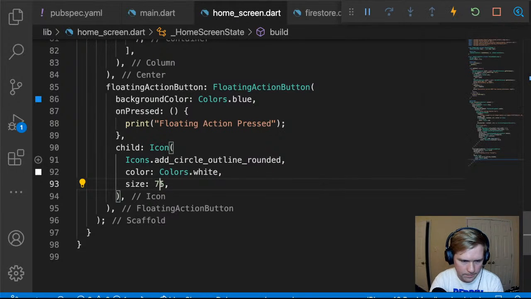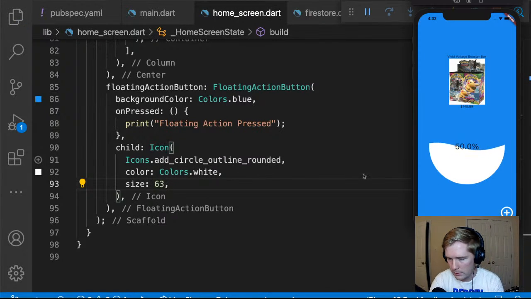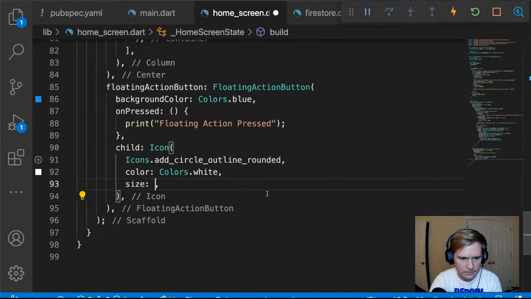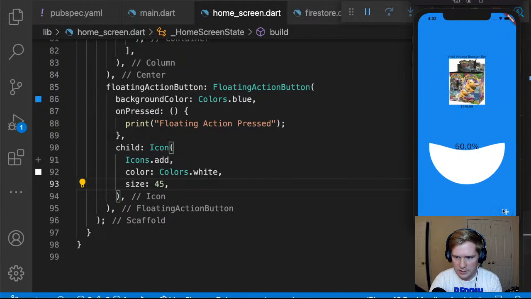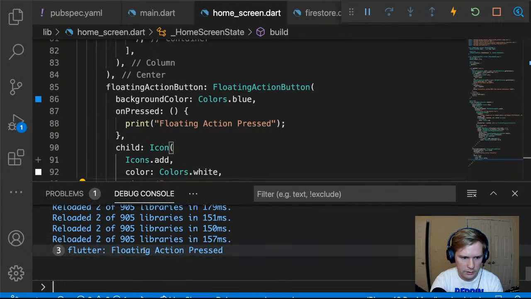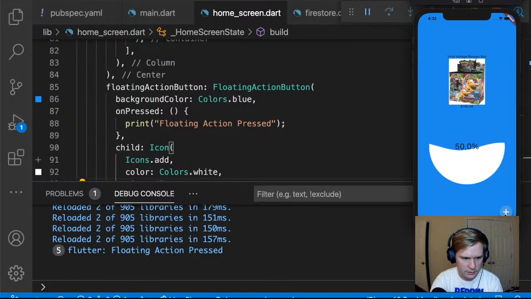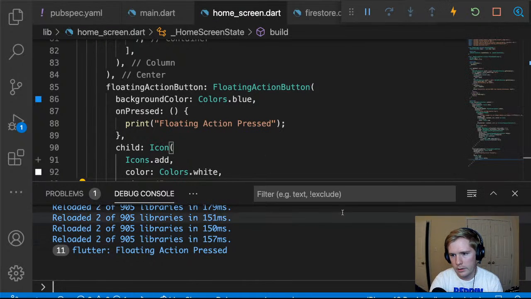It's too big. Slightly too big. The other issue is that this won't, no, that's not going to look good, because each device is going to have a different height and width, and it's going to change how big that floating action button is, and I'm just going to keep it as is for now. I'd preferably like it to be thicker, but that'll serve its purpose. If we look at a debug, floating action pressed, yeah, that's working. Okay,